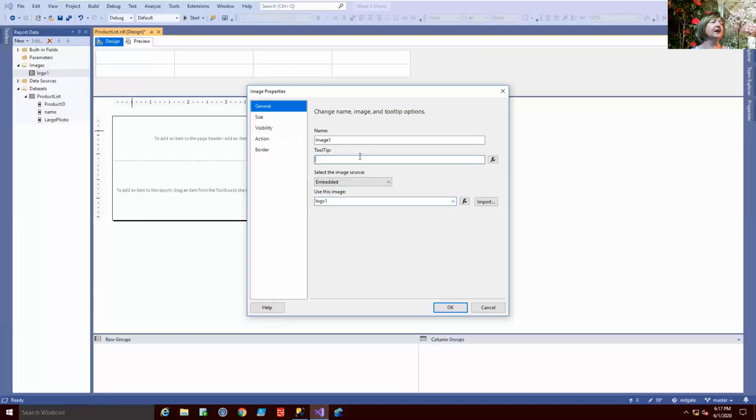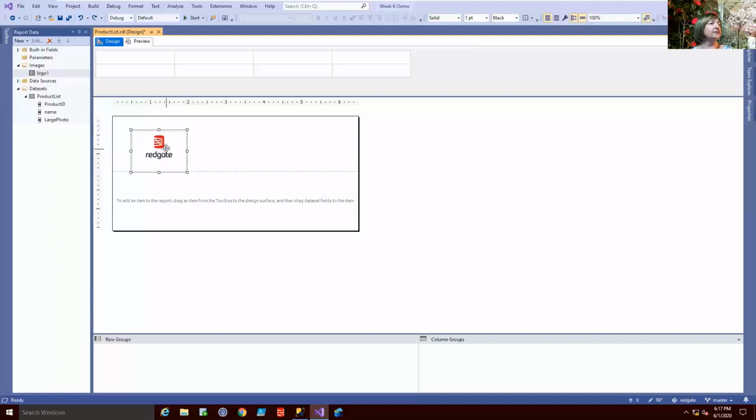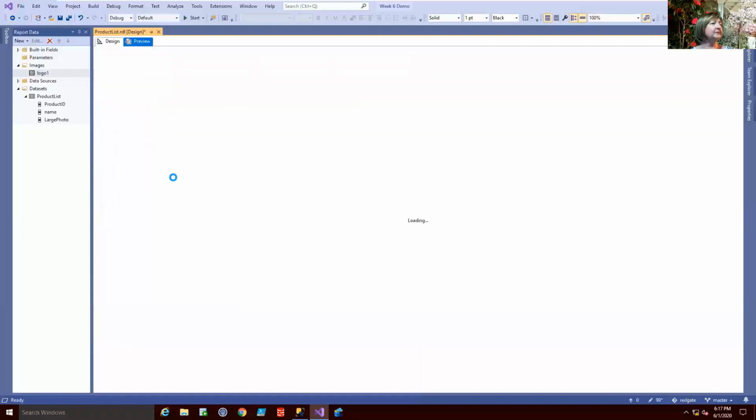And if I want, I can add a tooltip. I'm going to call it Redgate logo. Okay, and click OK. Notice there's quite a few other properties that you can work with as well. I'm going to make it a little bit bigger. This isn't a great one for the logo on a report because there's a lot of white space, but it still works. And if I preview the report,